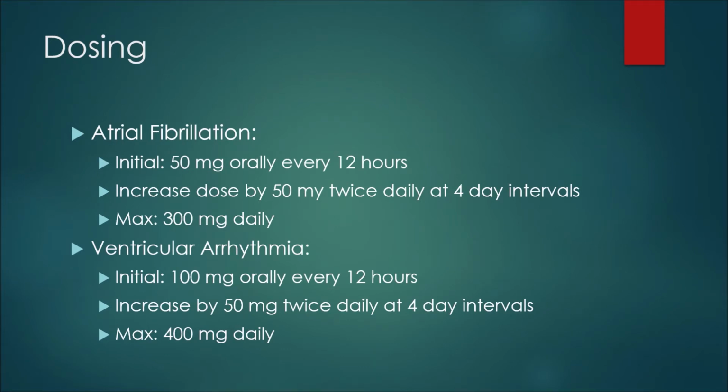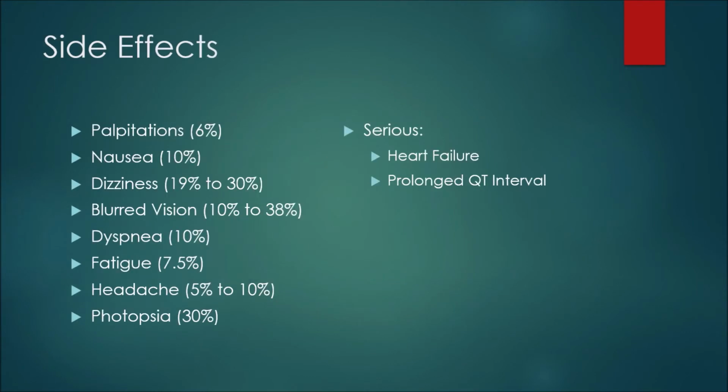For ventricular arrhythmia, the initial dose would be 100 milligrams orally every 12 hours. Then they get again increased by 50 milligrams twice daily at least 4-day intervals, with the maximum dose this time of 400 milligrams daily. Now, as with all medications, there are some side effects or adverse reactions that patients may